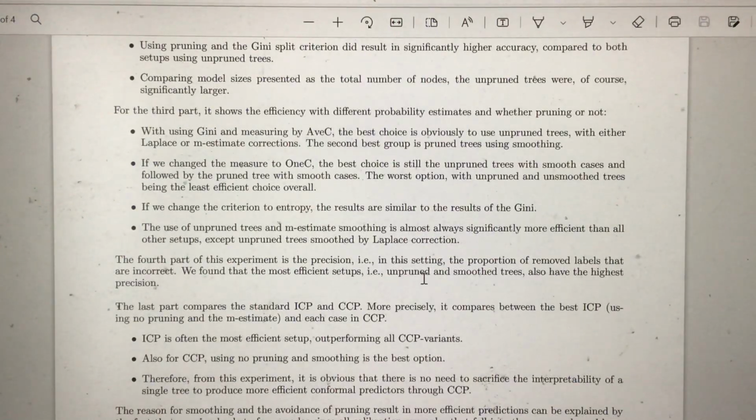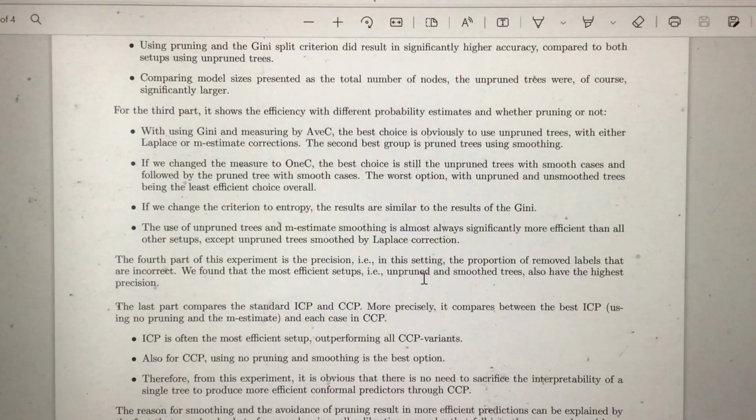So the third experiment shows the efficiency with different probability estimates and whether pruning or not. So we can understand this part as which case has the best average length. And here the average length is the number of the labels. So if you have more labels, the average length is larger. So and it is not efficiency, right? Okay, so in this part